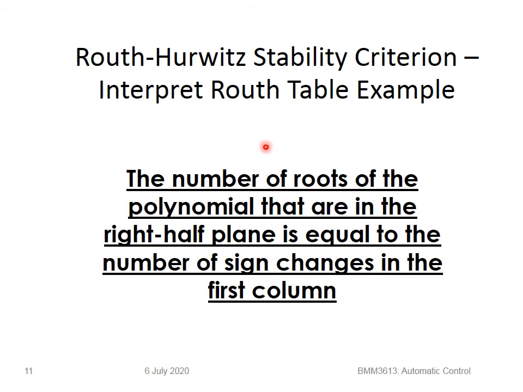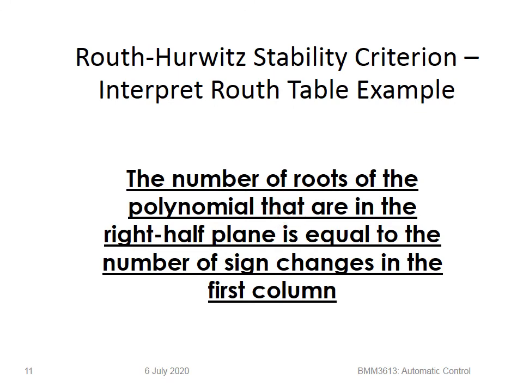So how do we conclude when we have written the table? When we have completed the table of the Routh-Hurwitz criteria, how do we conclude? The interpretation of the Routh-Hurwitz table is very simple. Basically, the number of roots of the polynomial that are in the right half plane is equal to the number of sign changes in the first column. So let's see how many sign changes have occurred in the first column,